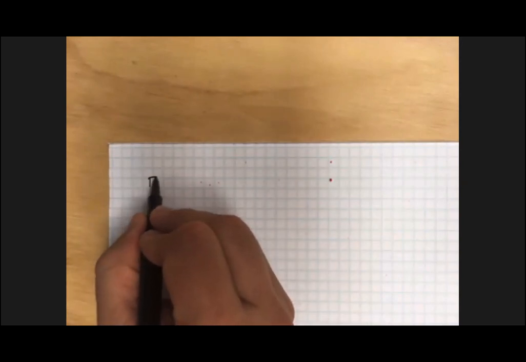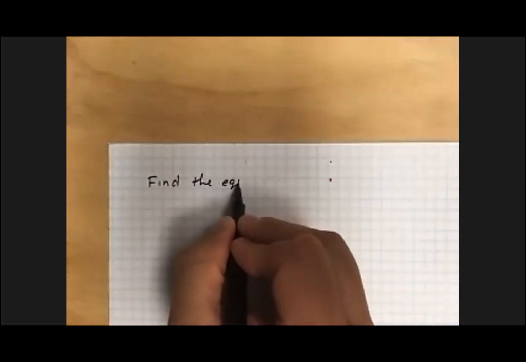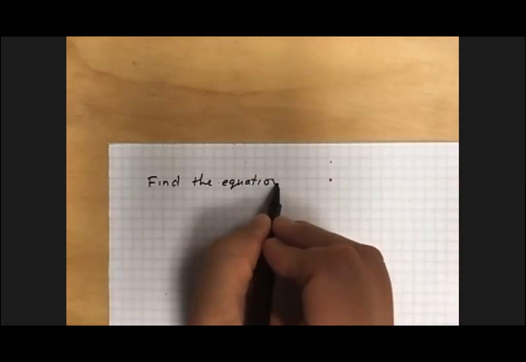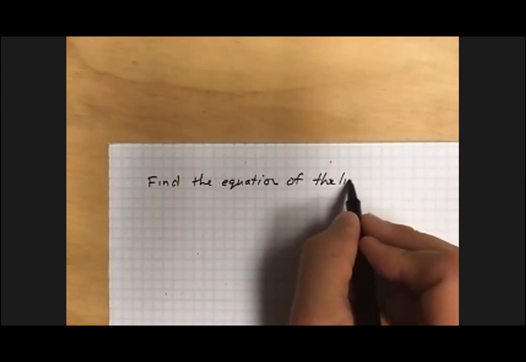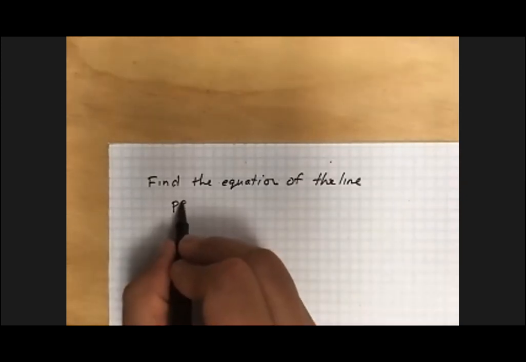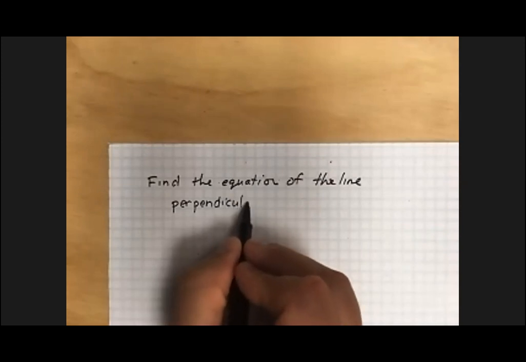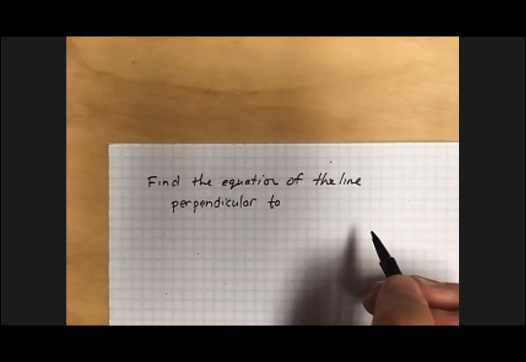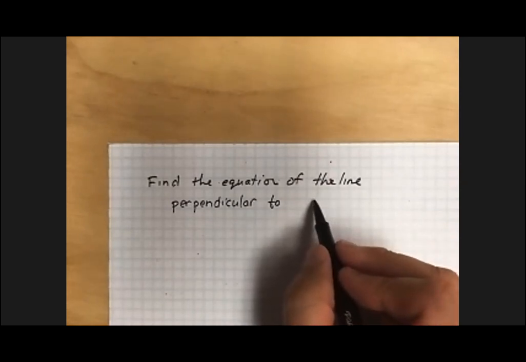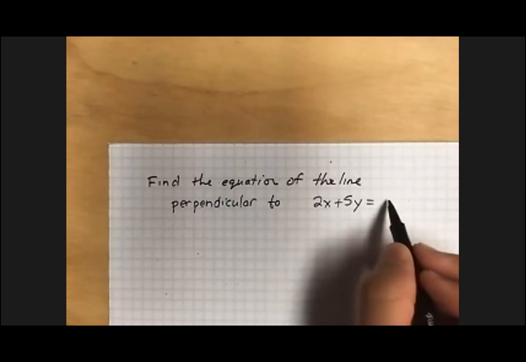But let's try to find the equation of the line perpendicular to, I don't know, 2x plus 5y equals 6